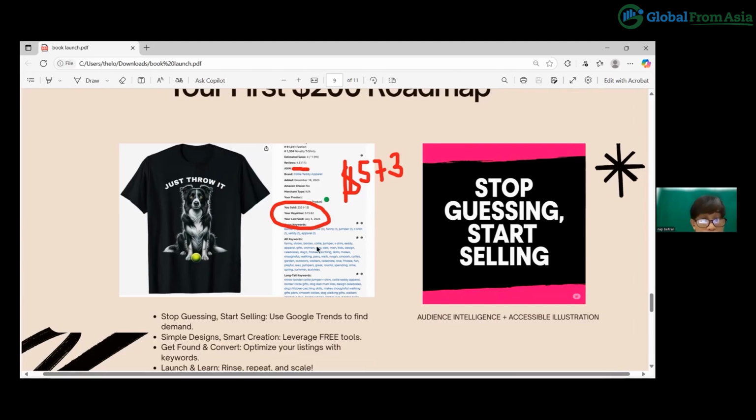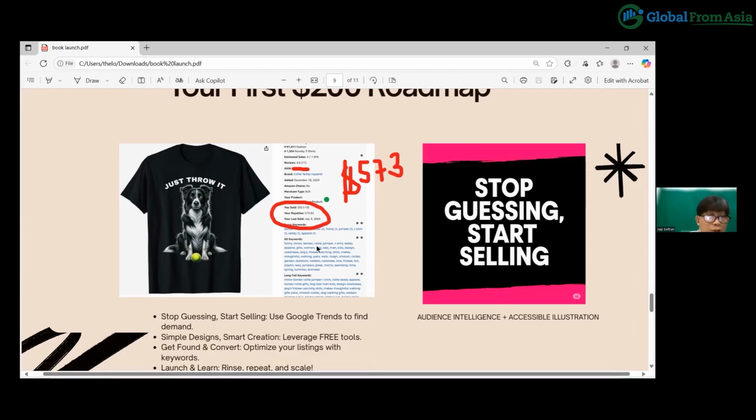One of the reasons is that I did a reverse engineering of this shirt, looking at popular dog breeds in the UK. Google Trends would validate that idea because you can create designs specifically for a country.